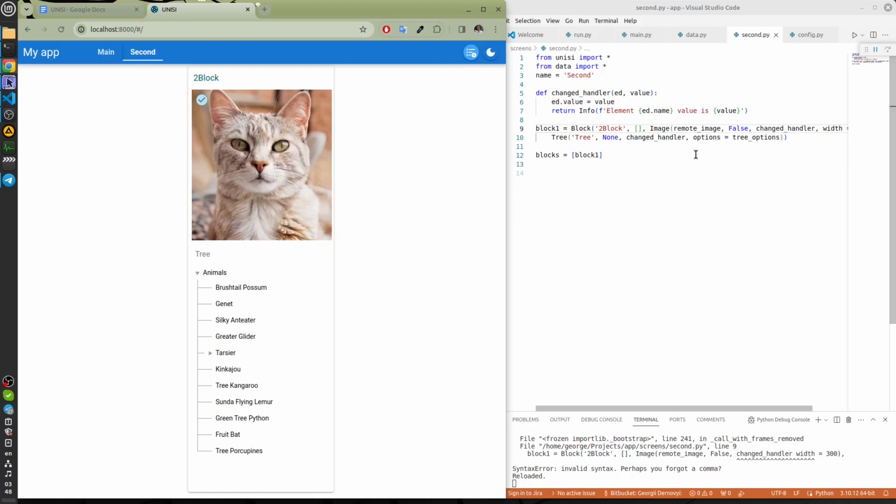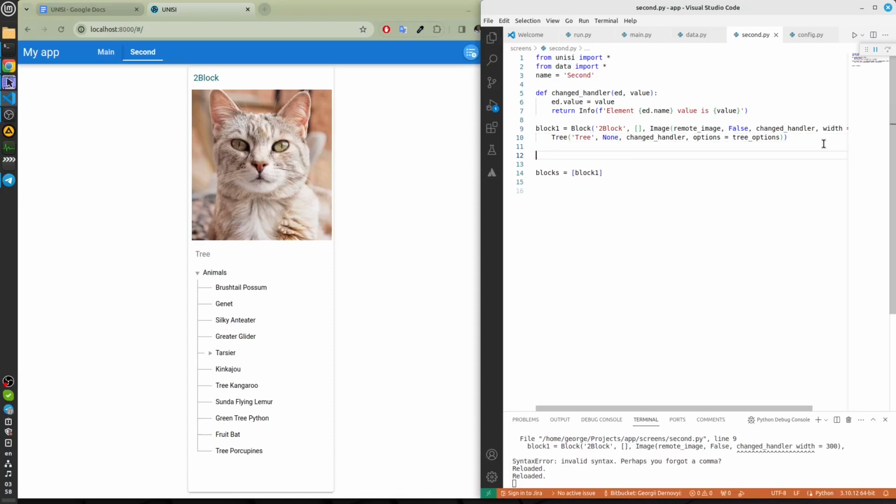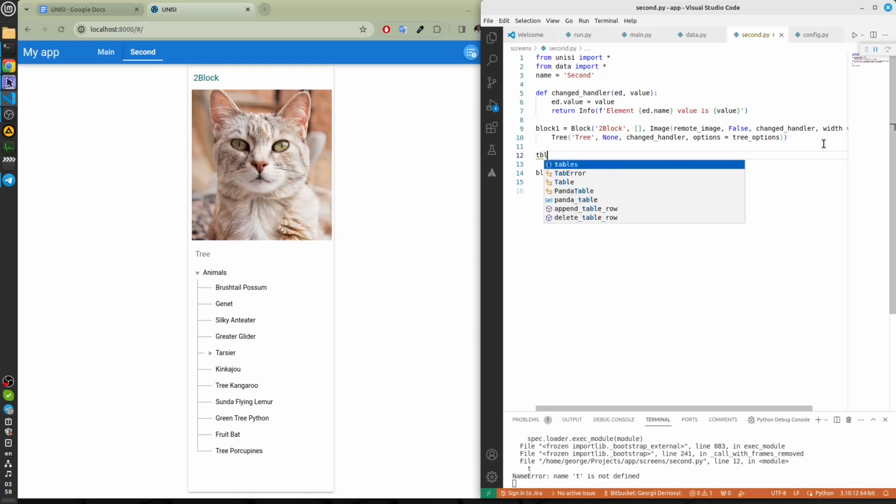Let's add a table now, or a few tables. The table represents 2D data. Let's see the table's function. So, first, let's create a table block.